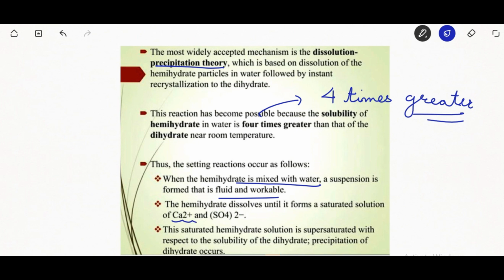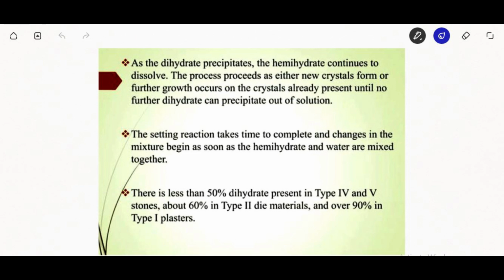This saturated hemihydrate solution is supersaturated with respect to the solubility of the dihydrate. This will lead to the precipitation of dihydrate. When the dihydrate precipitates, the hemihydrate will continue to dissolve. This process goes on until no further dihydrate can precipitate out of solution. So the setting reaction takes time to complete, and